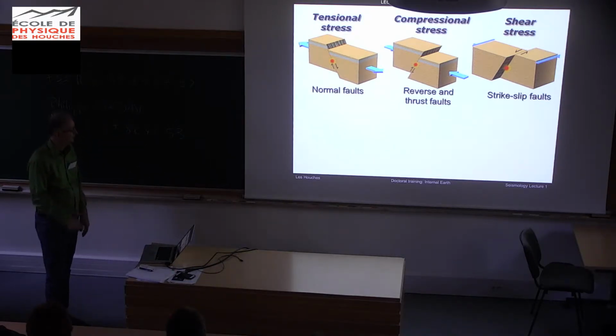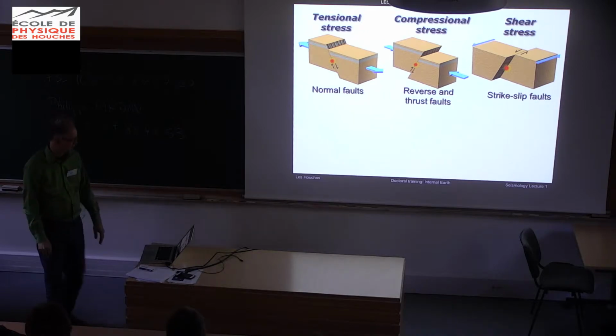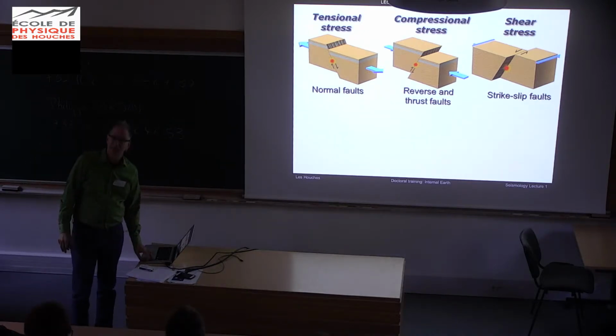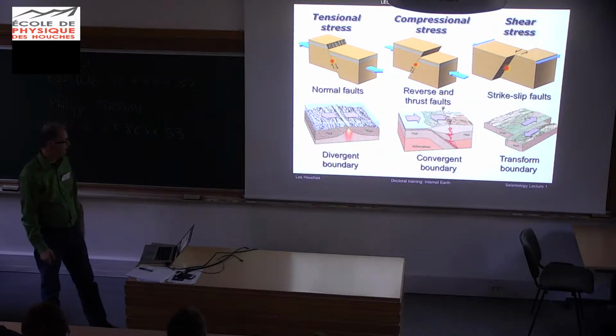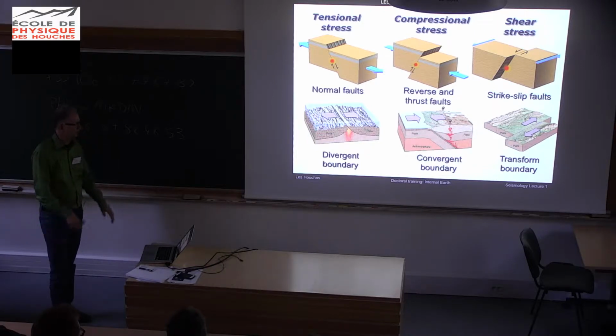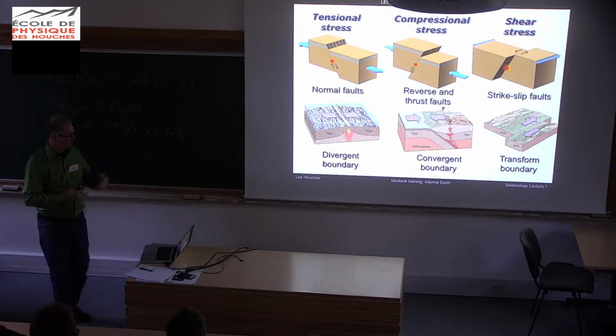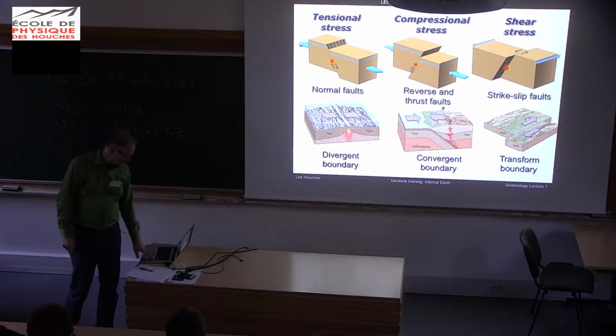And so these make these different kinds of faults. And these have to do with tectonic settings, so there's some relevance here from our tectonic plate boundaries of divergence from tensional stress, convergence from compressional stress, and transform boundaries and shear stress. These things can be combined in interesting ways, but this is kind of a tectonic source of stress that makes these things.